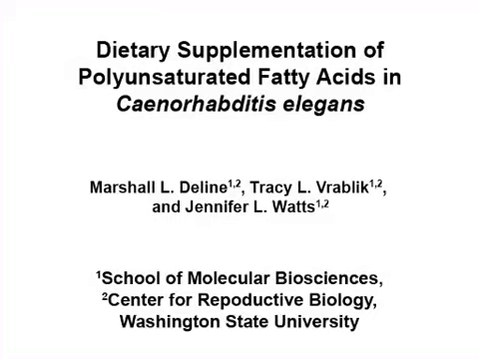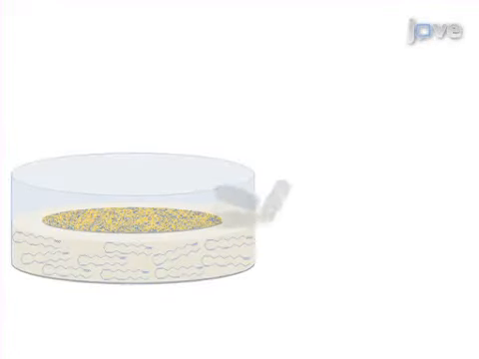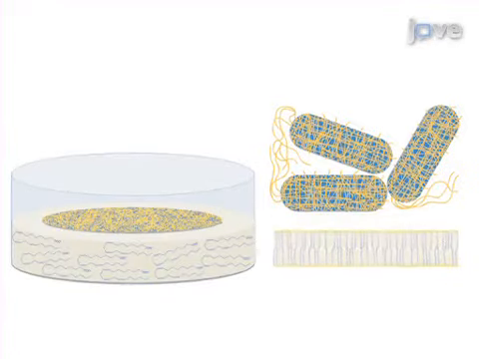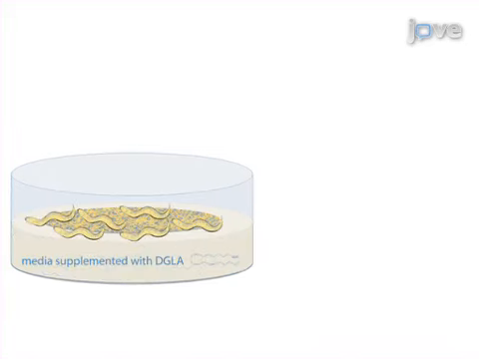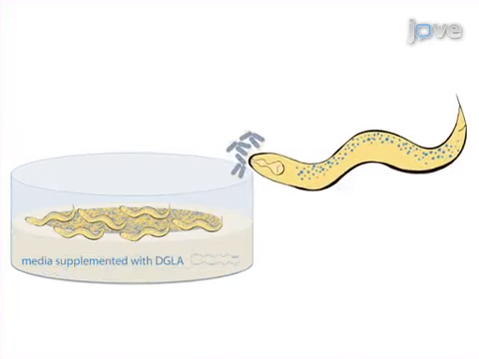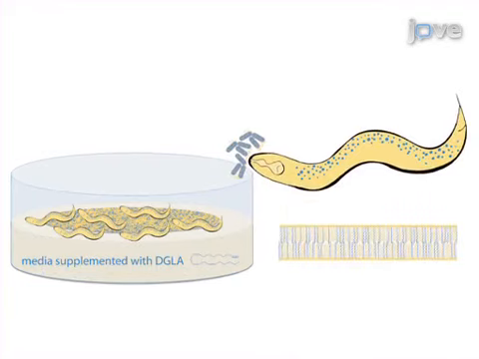The overall goal of the following experiment is to use dietary means to alter the fatty acid composition of C. elegans in order to study fatty acid function and regulation. This is achieved by culturing the nematode food source in the presence of unsaturated fatty acids. Next, C. elegans are fed the supplemented bacteria, allowing for uptake of the fatty acid and its incorporation into the